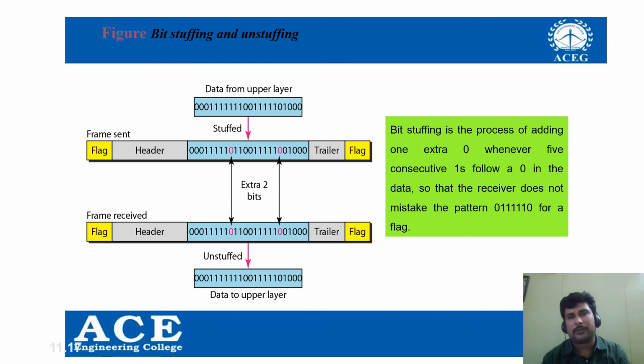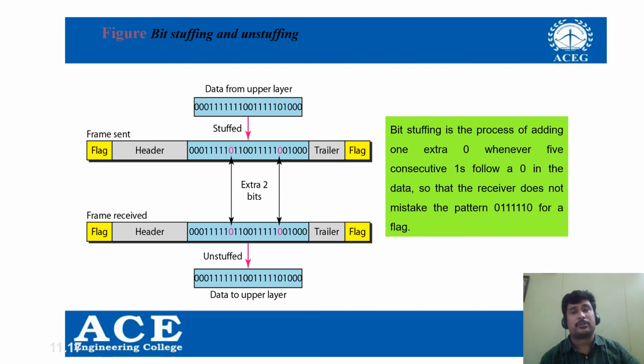But the second type of frames are called variable size frames, where each frame will be of different length. Some frames will be of 1 byte, some frames will be of 2 bytes, some frames are 10 bytes in size. So different frames are of different sizes. To indicate the beginning and the ending of the frame, we need to add a boundary which is called a flag. To understand the variable size frames, we have two different approaches. The first approach is called the